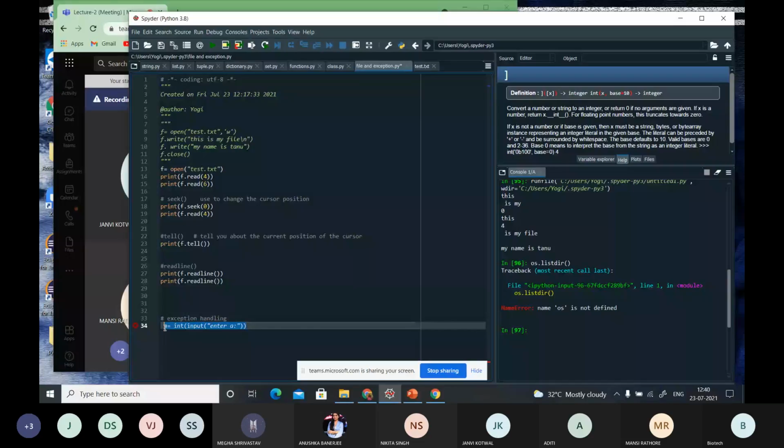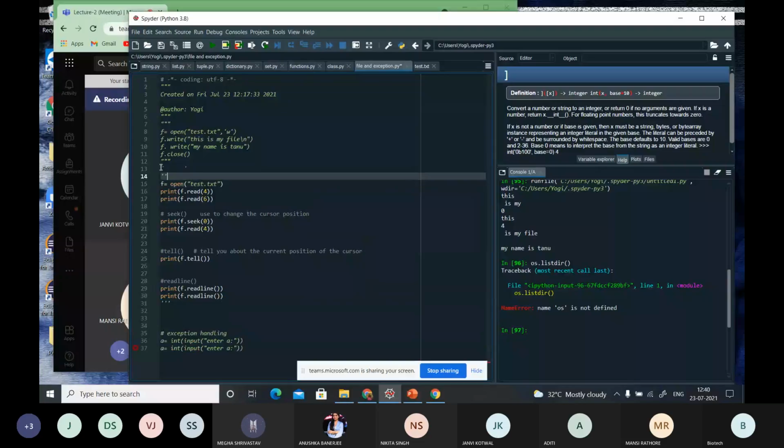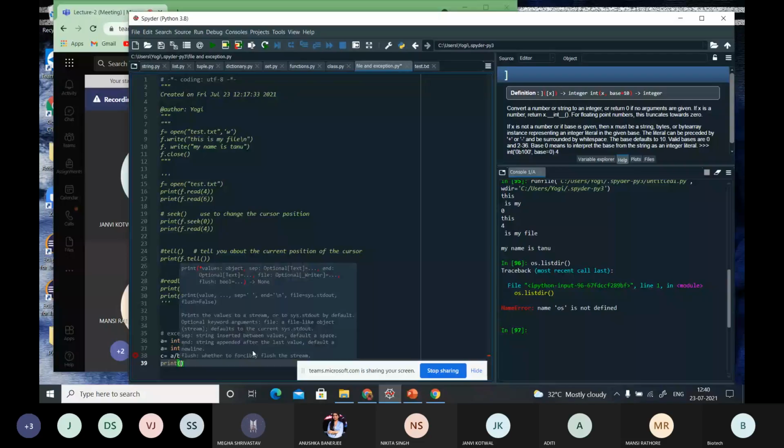Let me make all this in... C is equal to A by B, I am doing. Okay, then I'll do print C.